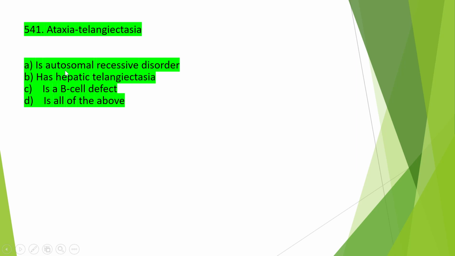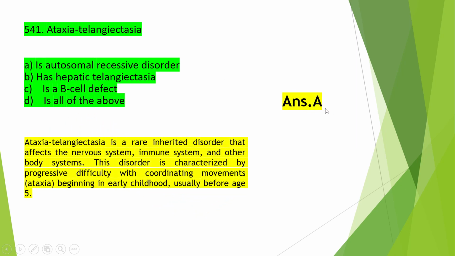Option A is autosomal recessive disorder, option B has hepatic telangiectasia, option C is a B cell defect, or option D is all of the above. And the right one is option A, that is, it is an autosomal recessive disorder. It is a rare inherited disorder that affects the nervous system, immune system, and other body systems. This disorder is characterized by progressive difficulty with coordinating movements, that is ataxia, beginning in early childhood, usually